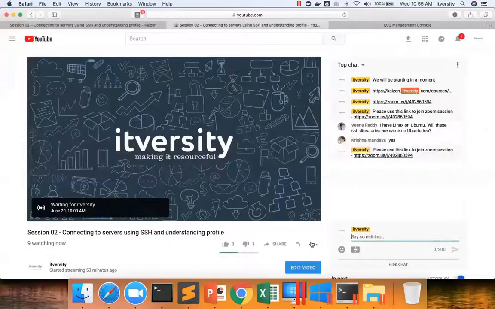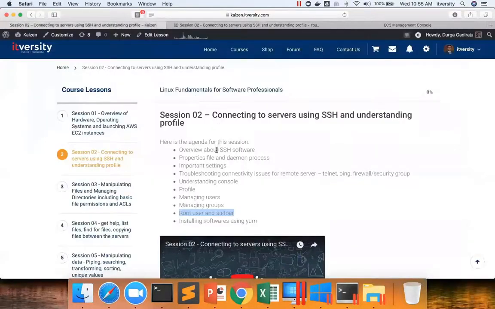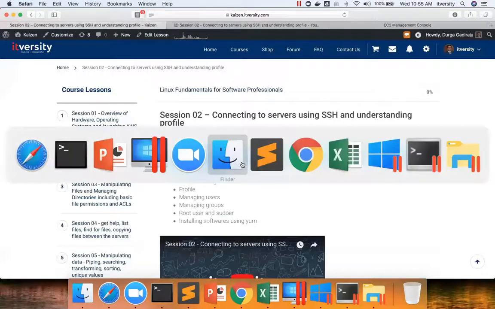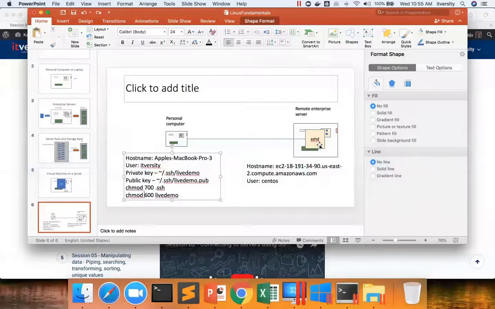And let us go to the agenda and see what is part of the agenda and what is covered so far. I have given an overview about SSH software, the properties file, the daemon process and important settings. These are the things which are covered. Let me recap here. Once the operating system is installed on the remote server, we will have an SSHD service